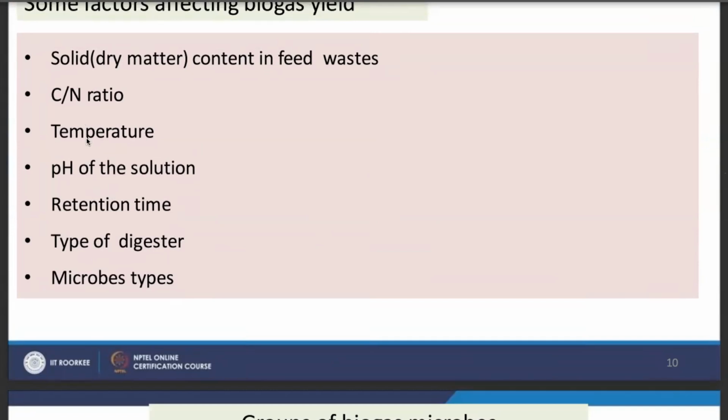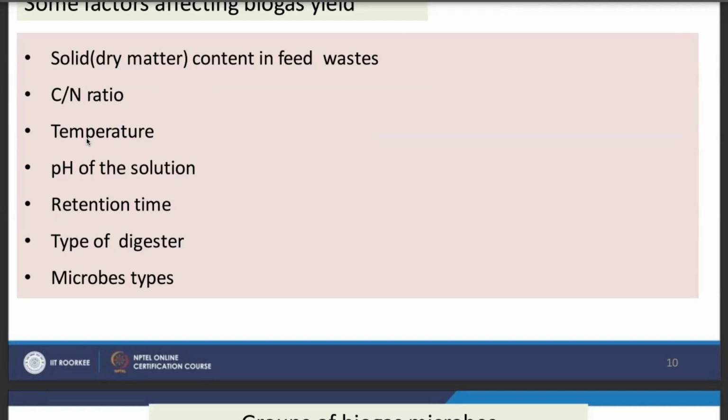So if the temperature is not suitable for the acidifying bacteria or the methane producing bacteria, the bacteria are not going to work. Hence, our yield at the end of the day is going to be decreased. So it depends upon the temperature and the pH of the solution. Again, as I mentioned, the growth of microbes is highly dependent upon temperature and pH. So if you're altering these conditions, specifically pH and temperature, the microbes are not going to survive if it is not optimal for them. And hence, they are not going to do their job, which is basically converting waste into a useful product for us. That is biogas here.